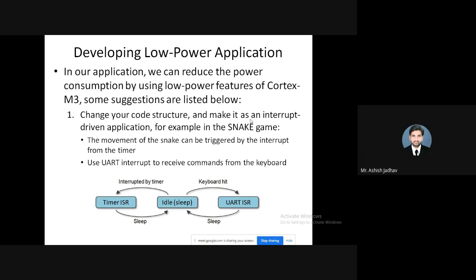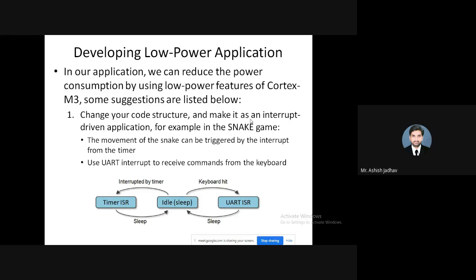तुम्हाला काय करता येईल, जे application आहे, that application you can make it as interrupt driven application. Interrupt driven application म्हणजे काय, की ते application जे आहे ते will be always in a sleep mode, आणि ज्यावेळी interrupt येईल त्याच वेळी तो processor wakeup होईल. It will be active only for that duration of time. Means what? During interrupt handling the processor will be operating, otherwise it will be in a sleep mode. So this is the first way of saving the power.